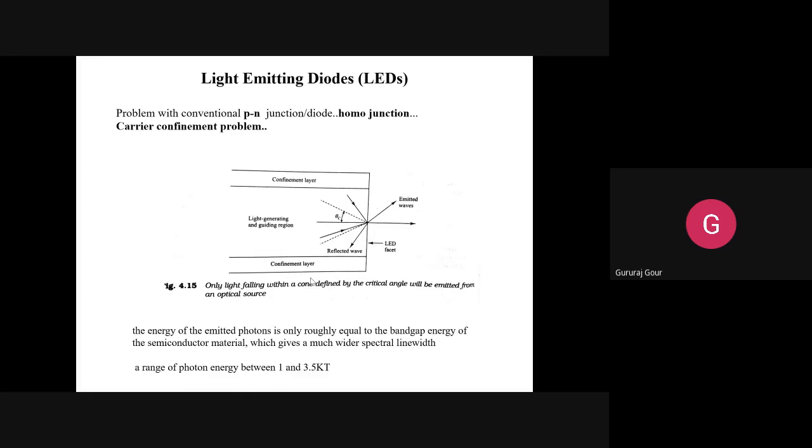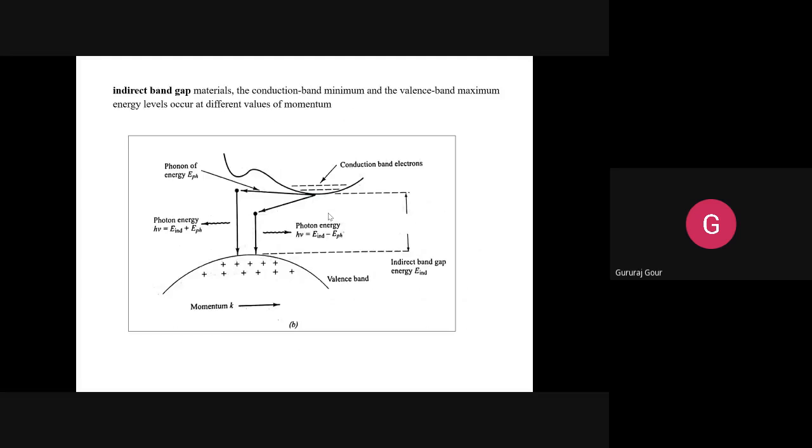So coming to this problem, this figure here. From this figure, we made one point clear: if I want my LED to emit more light, I want more electrons to jump. It means I need to push more electrons into the conduction band. They are jumping and recombining in the valence band with the holes and emitting the light. That is one aspect.